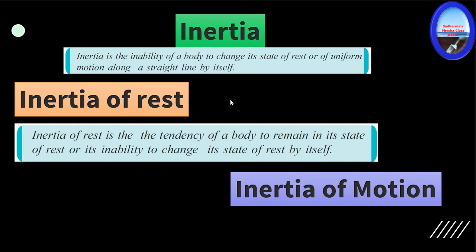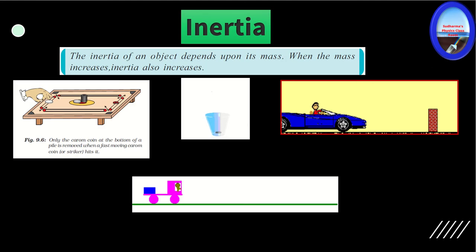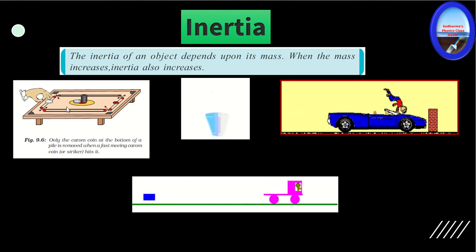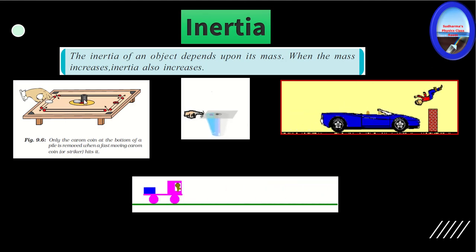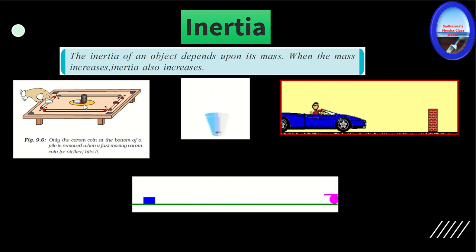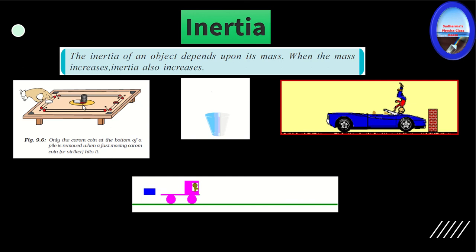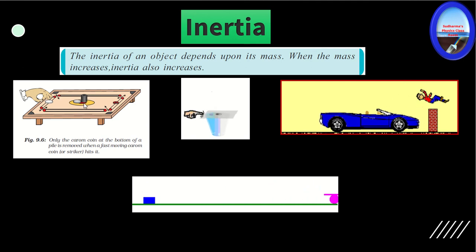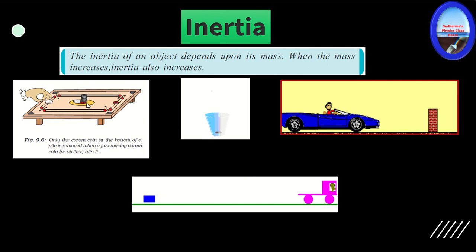What do you mean by these statements? Definitely I know it's not that clear in your mind when you look at these definitions. Now let's look at some examples and come back to these definitions. Then it will be more clear for you. Here let's see the example of this carom board. We have the coins piled up one over the other. We're going to strike only the bottommost coin. When you strike only the bottommost coin, you can see that only that coin moves and the other coins just come down.